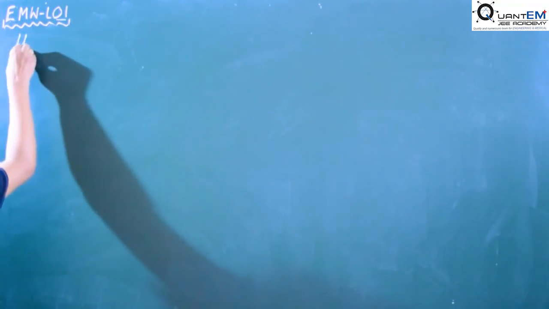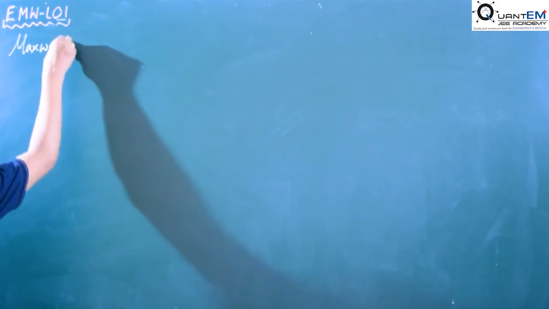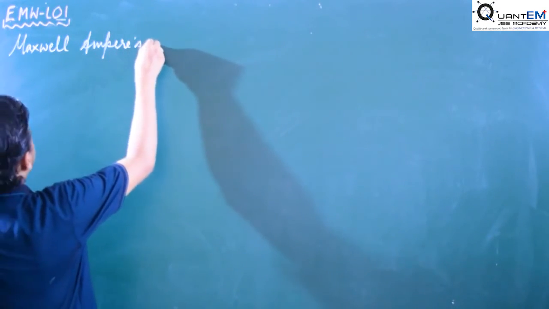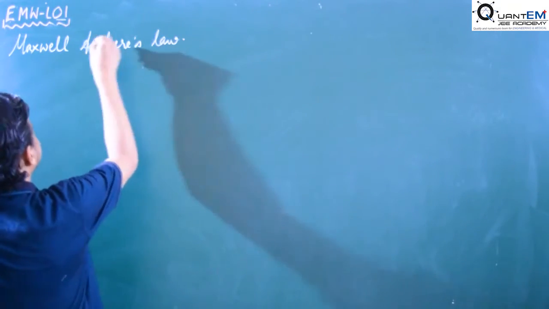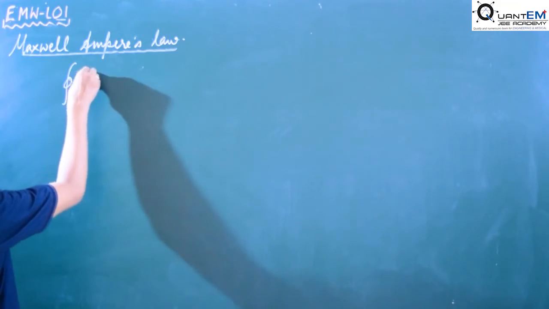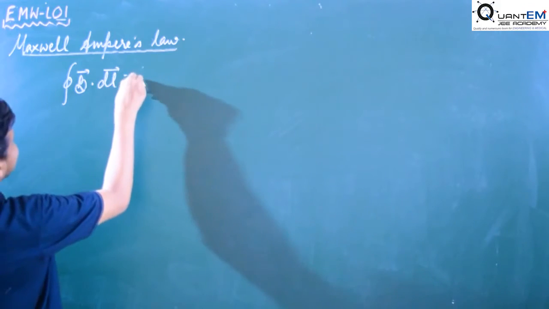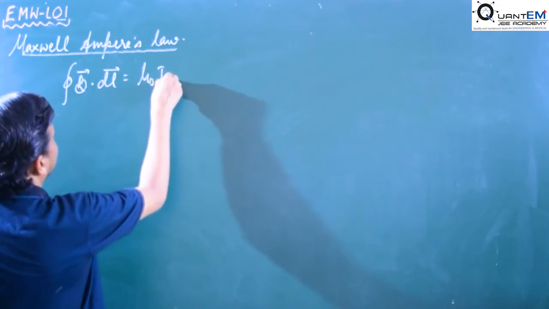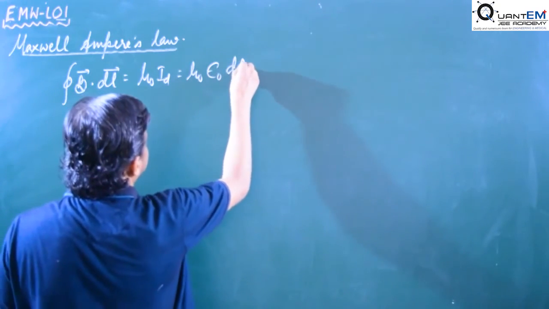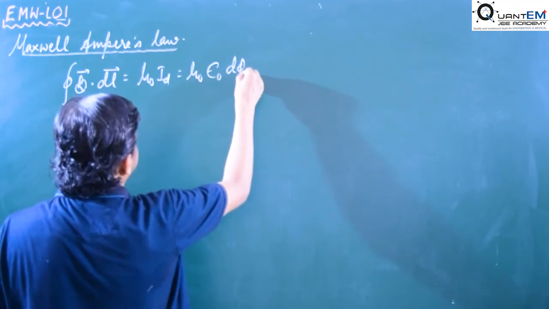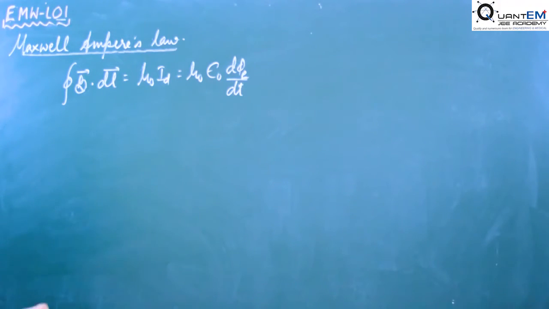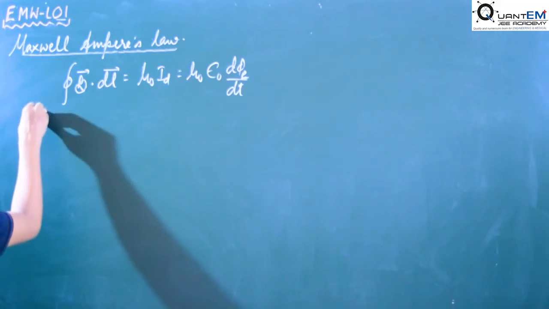Now we come to the fourth equation, that is Maxwell Ampere's law, that is what, the integral of B dl is equal to mu naught I D, that is mu naught epsilon naught d phi e by dt, okay. So again we come to what, an electromagnetic wave